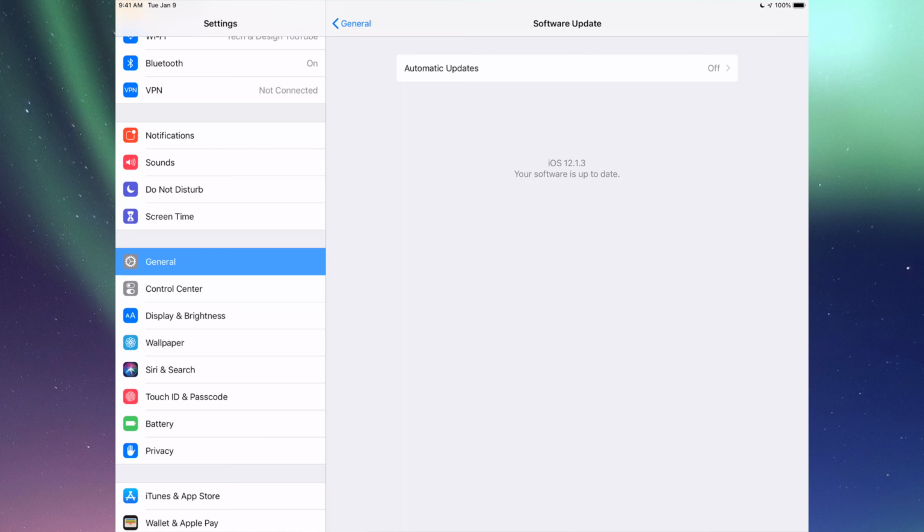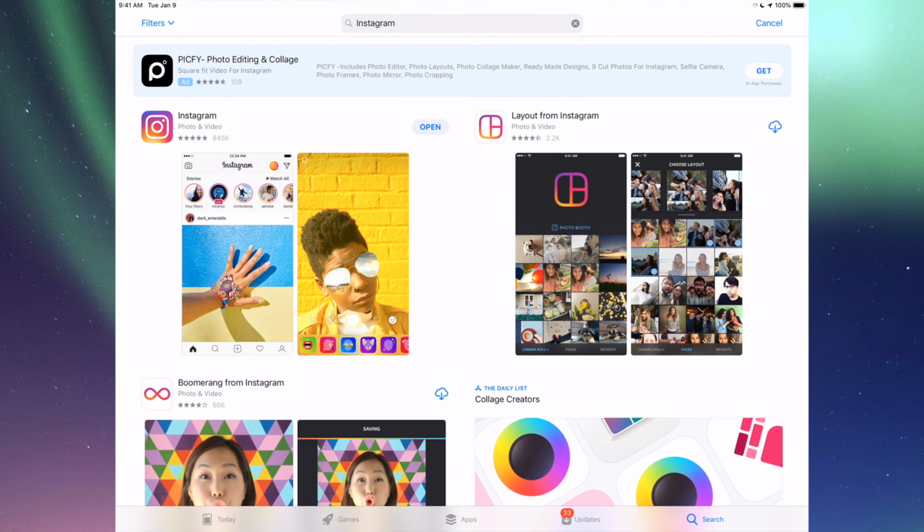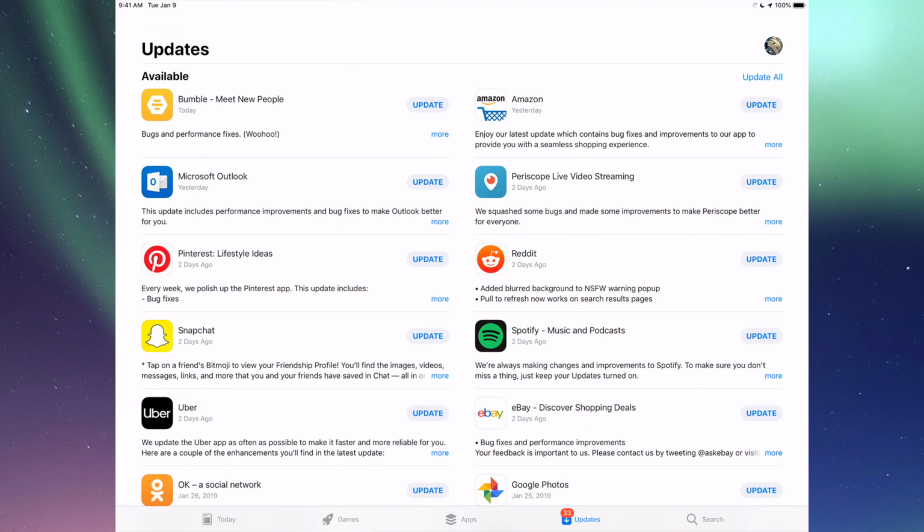So maybe you guys are in iOS 10, and right now is the time to update to iOS 12. So that way, after you update your iOS, you're able to update your apps, because some updates for apps are only compatible with certain iOSs. So there might be an app update for a certain app, but it's only going to be compatible with a